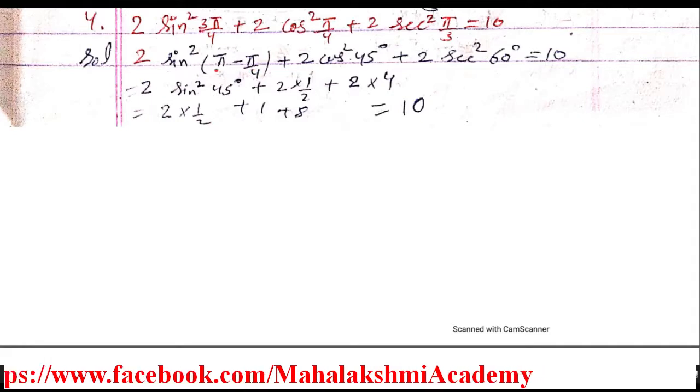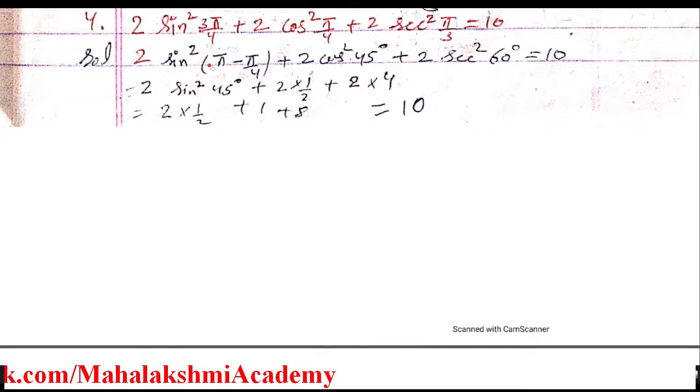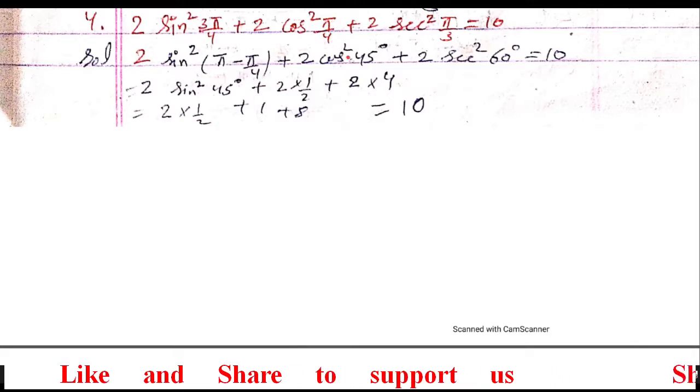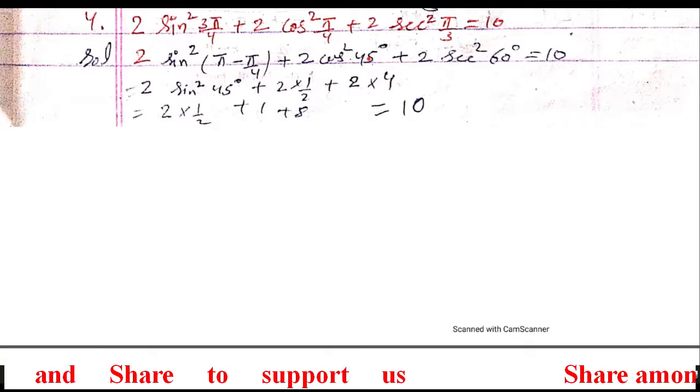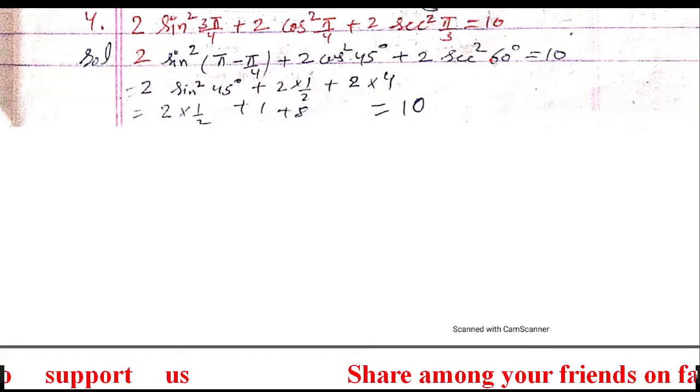That's why 3 pi upon 4 we are going to write as pi minus pi upon 4. Now why we wrote it? Because orally you just take the LCM, then you will get LCM 4, then 4 pi minus pi, and 4 pi minus pi is going to be 3 pi. That's why this 3 pi upon 4 we split it as pi minus pi upon 4. Pi upon 4 means students 45, because pi means 180. So 180 divided by 4 you will get 45. Now here again, 180 upon 3 is 60 degree.